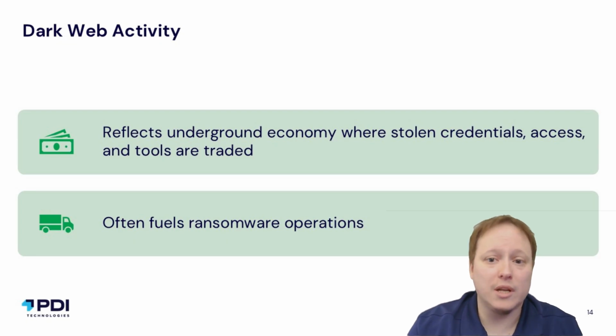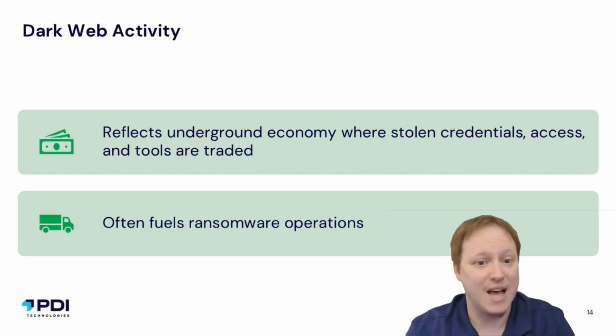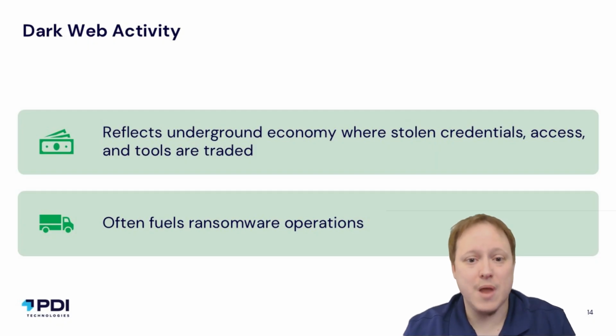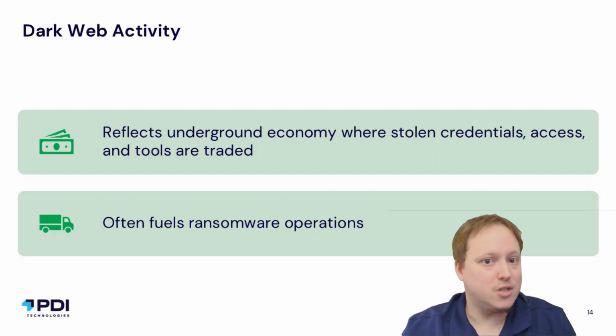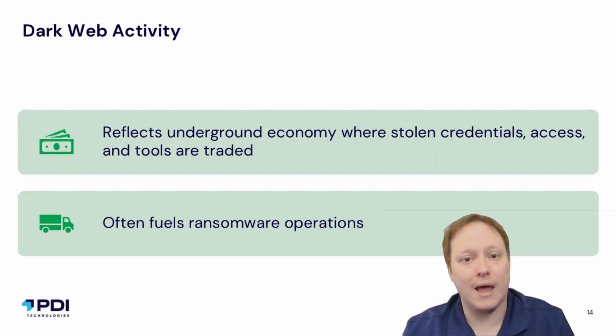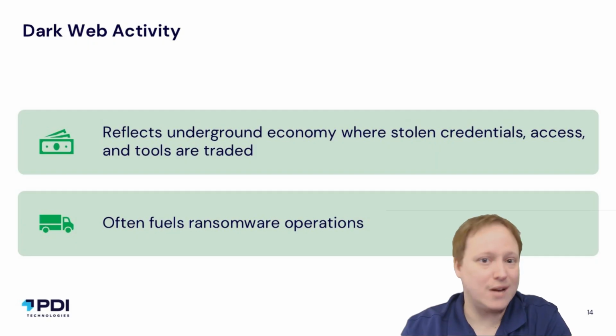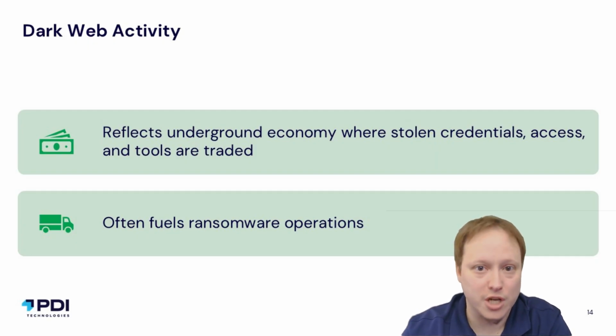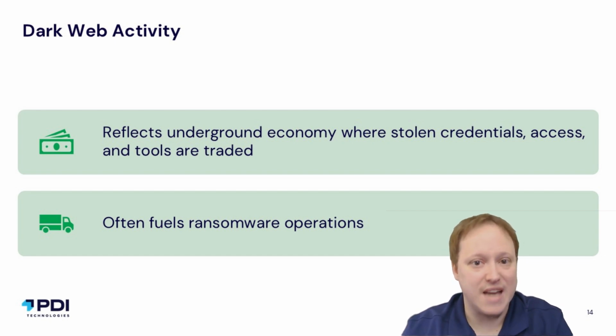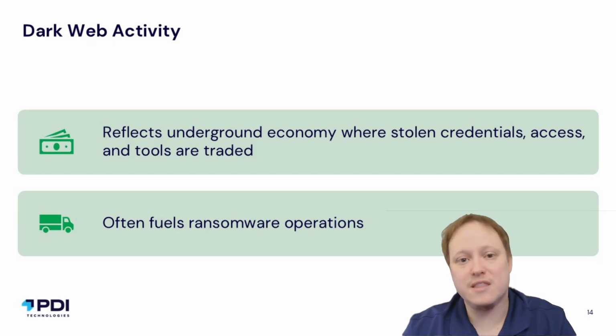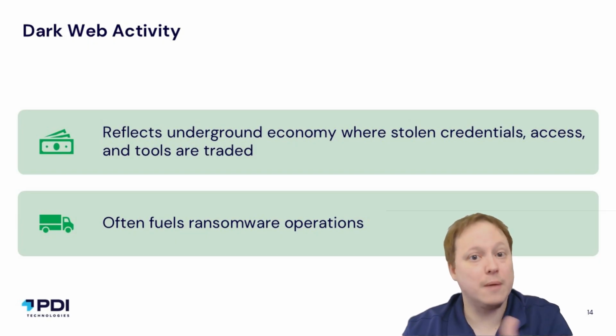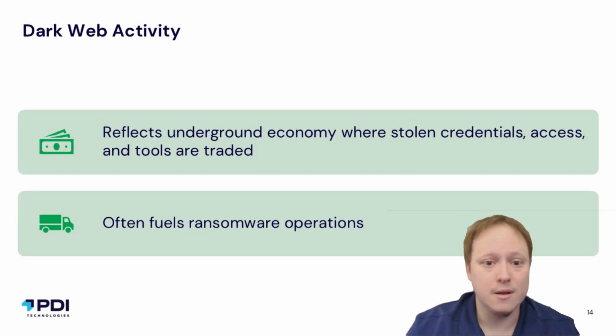These threat actors also will additionally use things such as private encrypted messaging platforms, things like Telegram or WhatsApp, to be able to coordinate and discuss these different operations. Ultimately, what the dark web is, if you get to a technical level, is just things that the general internet can't find. If you go to your favorite search engine and type in that information, it's not indexed and found by them. So you need this special configuration and knowledge to be able to access these underground sites.